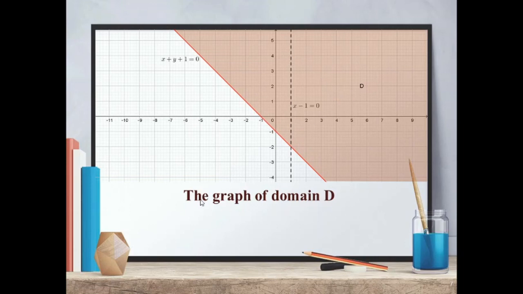So the graph of domain D is nothing but the set of all points on the line x plus y plus 1 is equal to 0, together with this right half plane excluding the points on the line x minus 1 is equal to 0. Second